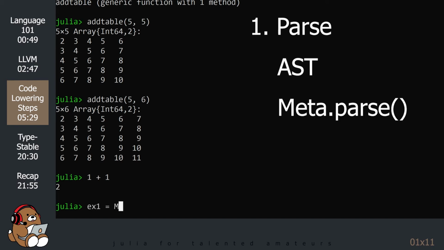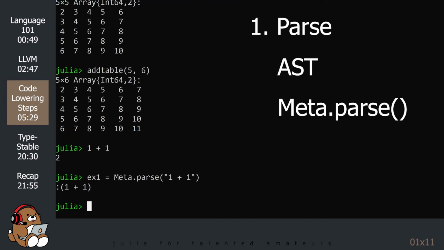You can see what that expression looks like by using the Meta.parse function. Meta is a hidden module with its own functions, one of which is Meta.parse, which converts a string into an expression. Meta.parse should not be confused with the built-in parse function in base Julia that we use to convert a string into a number in an earlier tutorial.